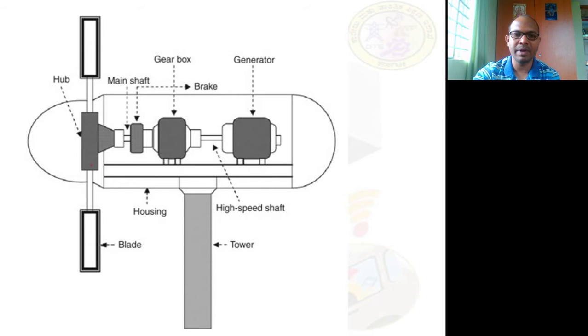Now here, the brake is also there. The main shaft: if you can see this main shaft, it starts from the hub till the generator. Now this is a brake system and this is a gearbox, and above this there will be air sensors which sense the air. Then we will have a high speed shaft, and this is a low speed shaft. How has it become a high speed shaft? It becomes a high speed shaft through this gearbox, where the gearbox multiplies the speed.